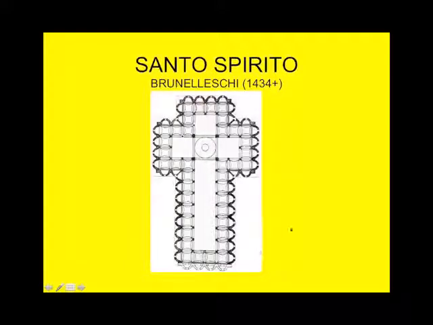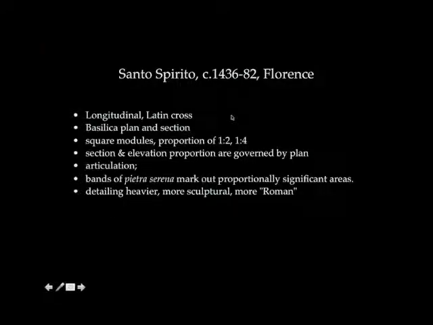But I'll tell you a technique to remember the difference between these. A lot of them, the difference has to do with this perimeter. In San Lorenzo, the perimeter bays are square, and in Santo Spirito, they're rounded. So a technique is to think of these little rounded things as parts of S's. Santo Spirito, Santo Spirito. The little bays are telling you the name of the church over and over and over again. Exactly the same stuff is going on here.